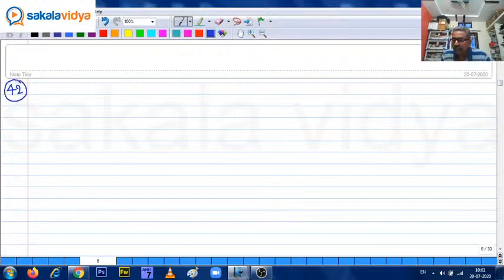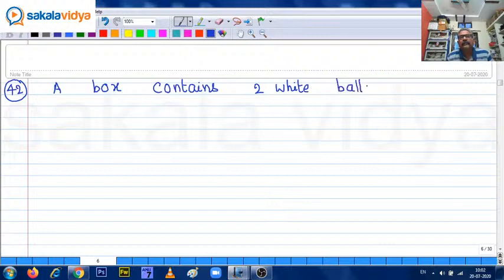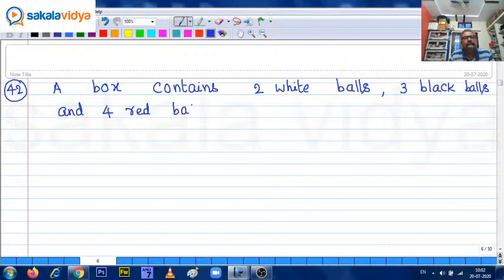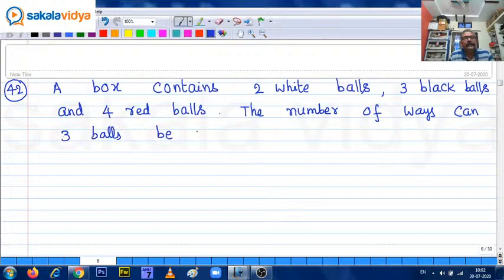Question 42. A box contains two white balls, three black balls, and four red balls. The number of ways three balls can be drawn from the box